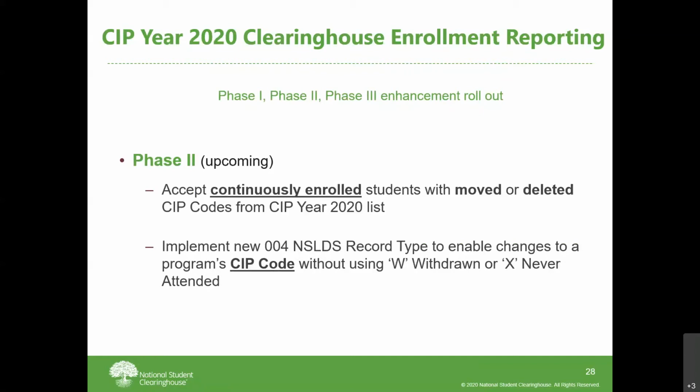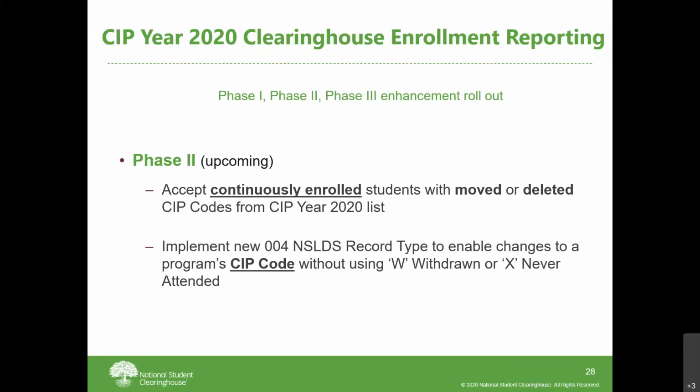So it's where the student is in program A, and program A, they were in it, and you've already reported that student to us in the 2010, reflecting the 2010 CIP code, but their same program A has a new CIP code. So there was a lot to consider for that piece to make sure the functionality is just right. We do have an IT group, development team, IT, if you will, that are devoted to that functionality and rolling out. So again, anything updated related to what we're calling our phase two or phase three of this enhancement, we're going to alert you in email and on our website.